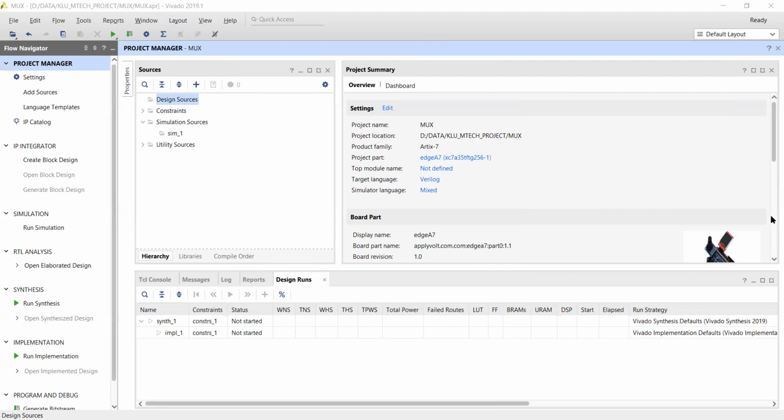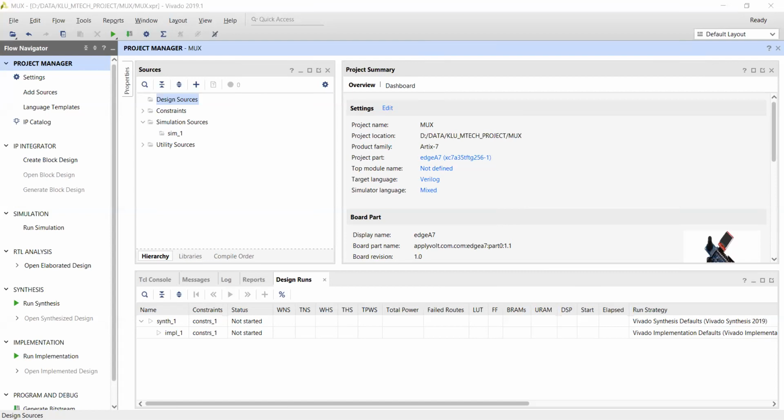For example, if you want to use some switches, then you give the switch number to the input pin. Those pin descriptions are nothing but constraints, right?